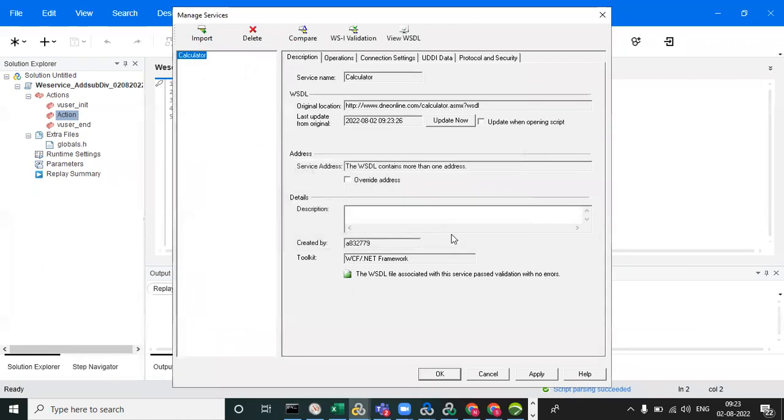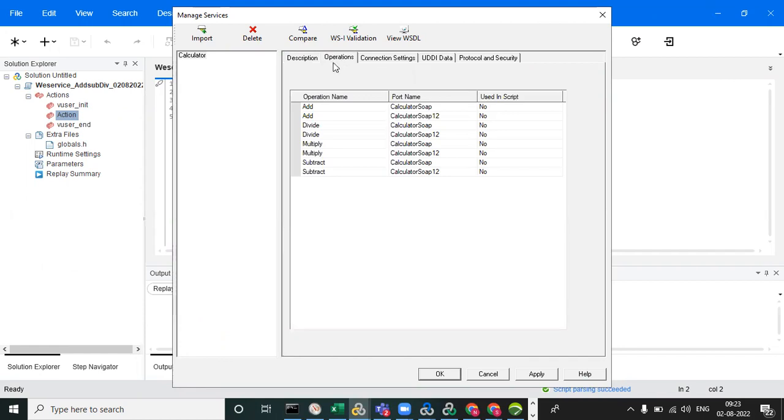Very simple. Okay. See, once you import it, you are able to see the service name is Calculator. This is the WSDL, and we are able to see the operations. You can click on these operations and see what operations are there. We are able to see addition, division, multiplication, subtractions. So using this you need to do the testing. Now the import is